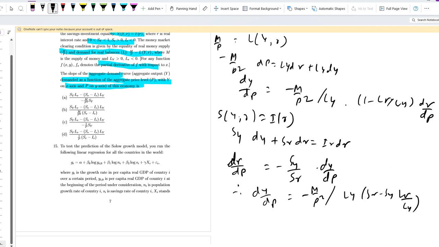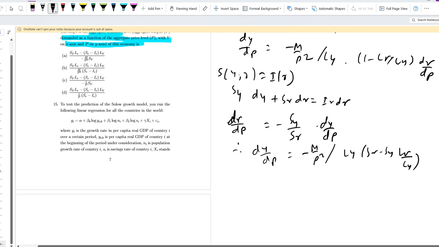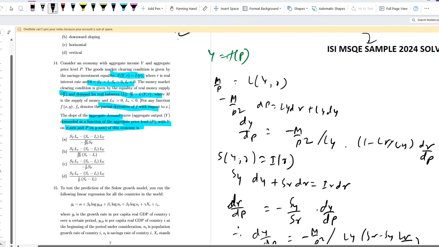ठीक है. So therefore the slope of the aggregate demand curve आ गया ये, minus M by P square Ly, this thing. ये हो गया dY/dP. So comparing with the given options we get that the closest option comes as C. Okay, so this expression represents the slope of the aggregate demand curve, and which depends on the derivatives of the savings and money demand function with respect to income and interest rate, okay, as well as the price level and money supply. So that's the end of